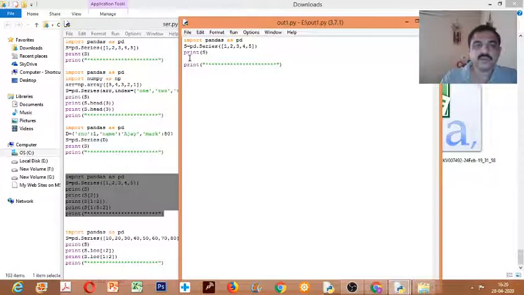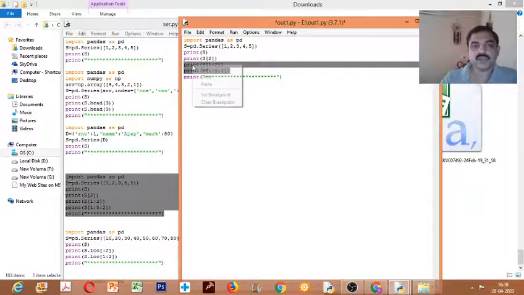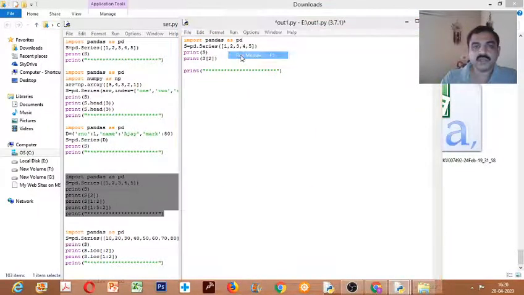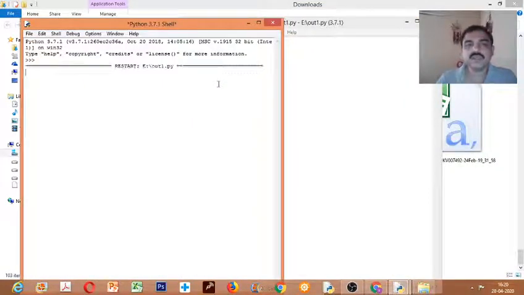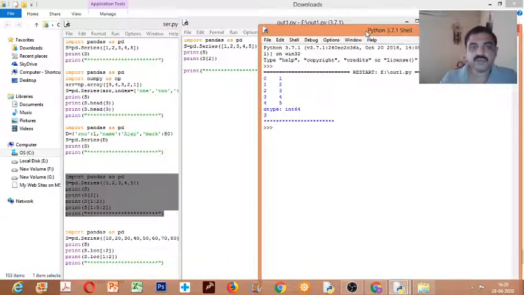Okay, now we'll add some more lines to it. Print s of 2. Let us see only this line first. So along with the previous output, now one more line is added. s of 2, what will happen? Just like in a list, how do you access a particular element? Using the index, right? So s of 2. So s of 0 1 2. So what is s of 2? That is the element 3. So element 3 is displayed.